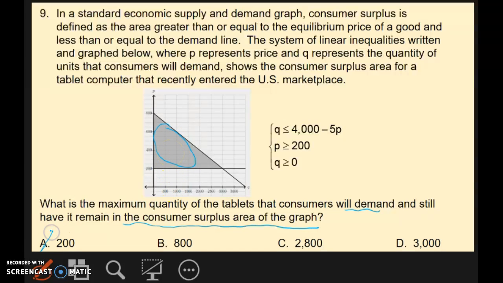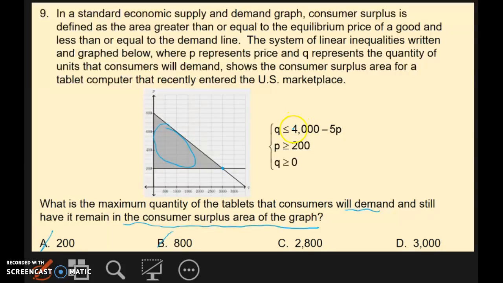So I know A is too small. If I go to 2800, between 2500 and 3000, there's a little tiny sliver right there, so yes, it's definitely going to fit there. And then 3000, if I go there, I actually hit that point, and I've got to look back at my